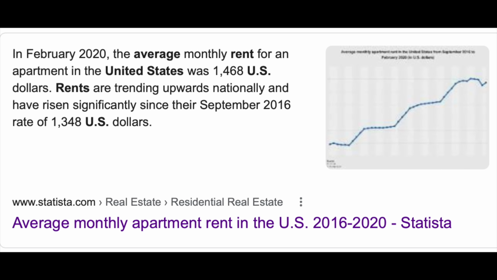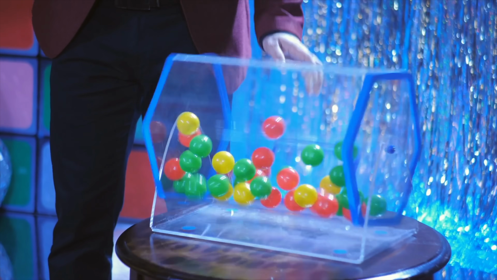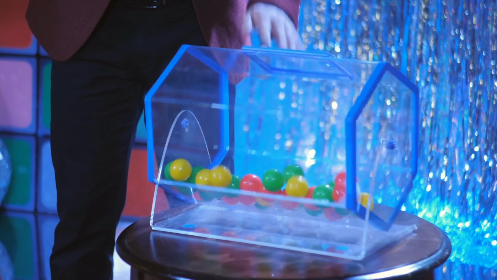Average rent in the US is $1,468. So even if you don't get that down to 0, the savings can be huge. Does it require some compromise? Yeah, absolutely it does. If you think you're going to keep on just doing what you're doing and now suddenly get rich by not doing anything different, well, you might as well play the lottery because your chances are just as good at that as the other happening.